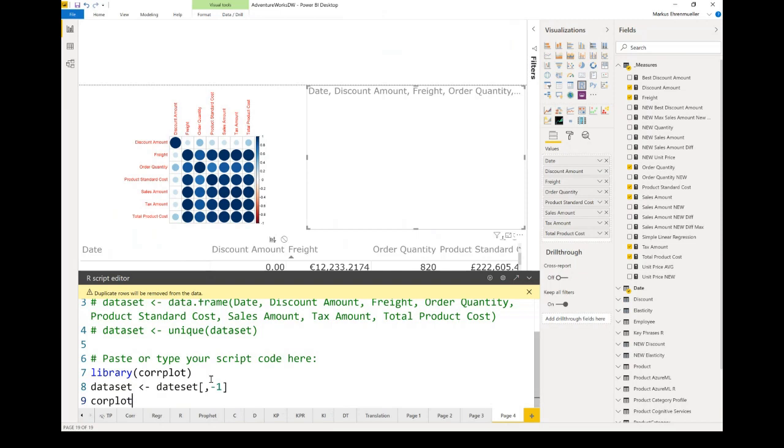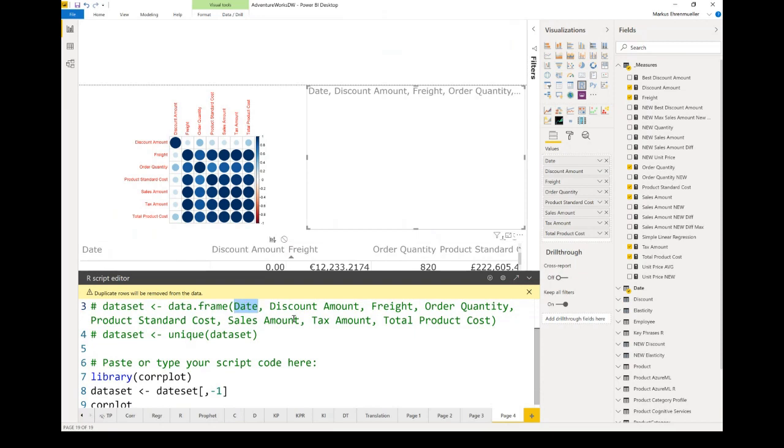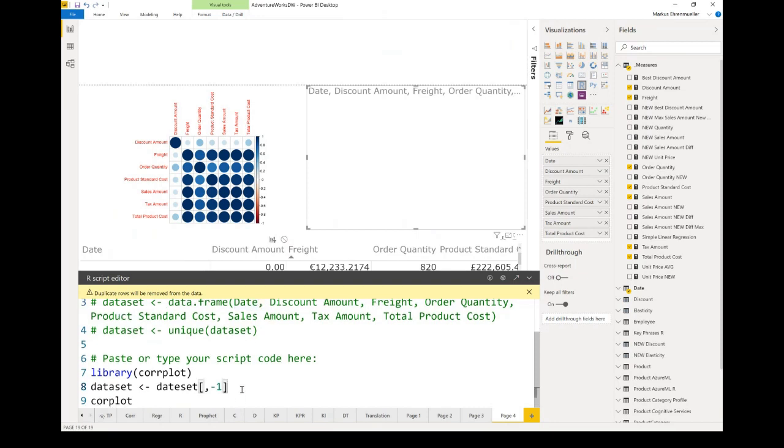So what I'm doing here in the data set is that I'm removing the first column, because the first column is the date, and I'm not interested in any correlation between the date and the other things, only between the other things. I only have the date here to avoid that Power BI only returns one row with the sum of discount amount and the sum of freight. I wanted to have several values per day, and that's why I inserted the date here, but I'm not interested in correlation here. And then we have the corr plot